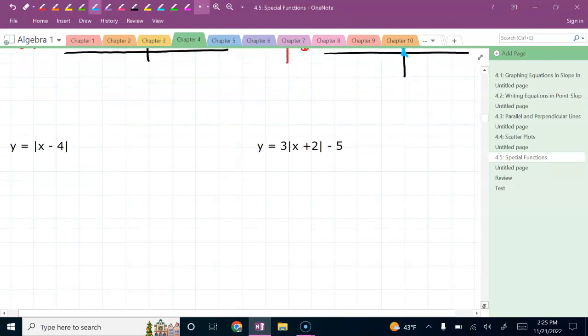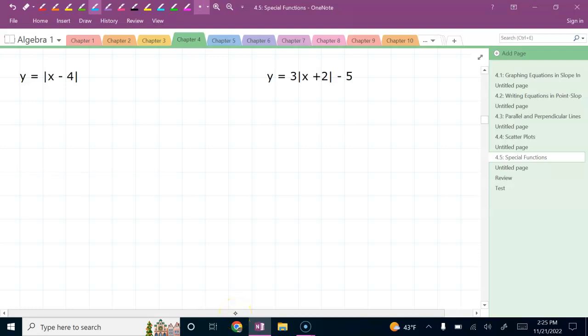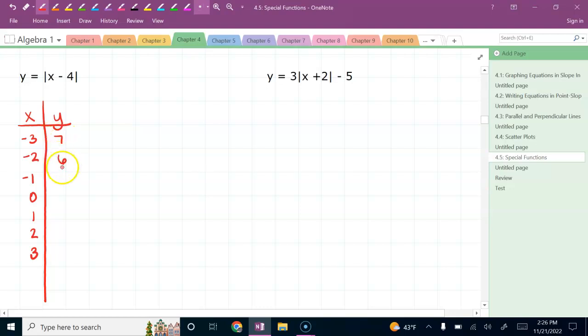These next 2, especially this next one, because that -4 is on the inside of the absolute value, when it's inside, it's going to make the graph actually move either left or right. So for this one, if you had started by using your original numbers, so -3 to +3, I would have gotten 7, 6, 5, 4, 3, 2, 1. And then if I went to graph this,